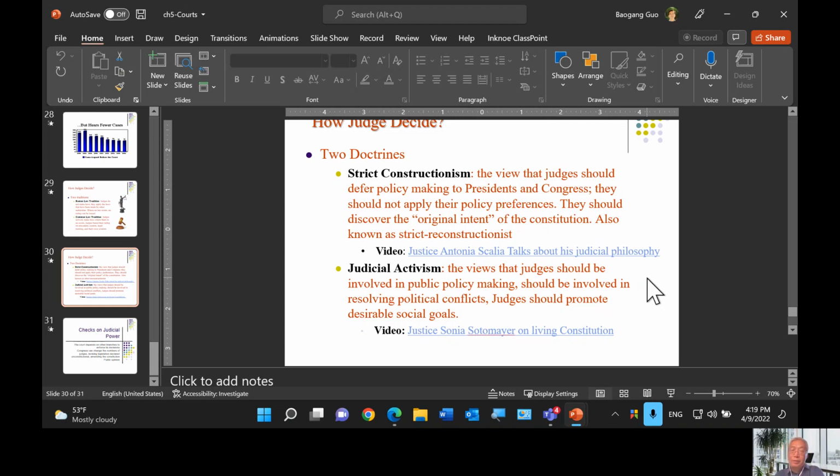That's how you should understand what we mean by calling some justices conservative and some justices liberal. The liberals generally share the activist views and give judges more of a role to play in public policy making, whereas the conservative judges try to restrict the judges' role in policy making, and they don't believe judges should make new public policies.